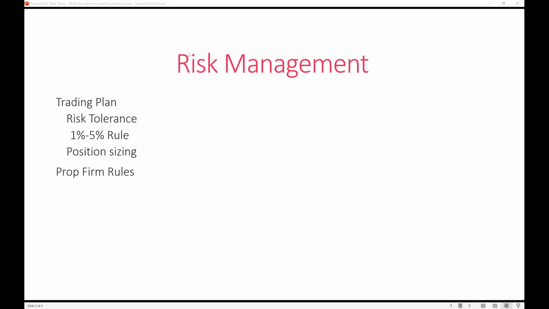Yeah, sure. So when it comes to risk tolerance, everyone is different, right? Some people are more risk averse, and some people are more risk takers. For me, I'm more a risk taker than risk averse, so the 1 to 5% rule does not apply to me. I tend to do like 10 to 20%, depending on the market conditions. So I'm a little bit riskier, but ideally, you do want to plan out exactly how much risk you are willing to take. Because once you plan out the risk, that's the amount of risk that you are accepting that you're willing to take.